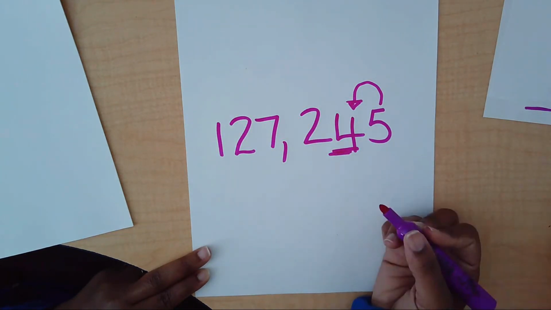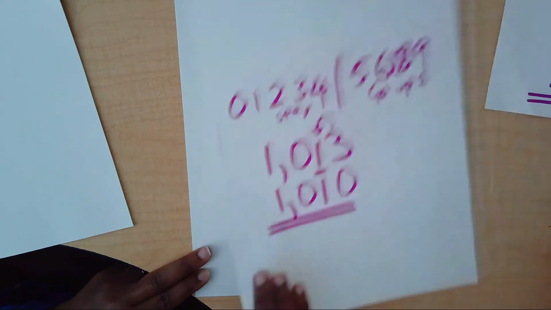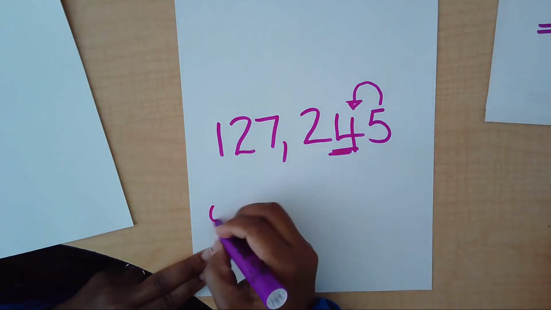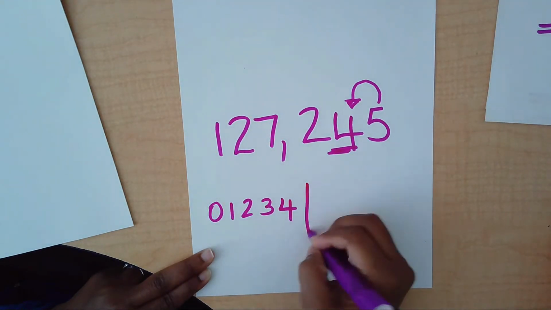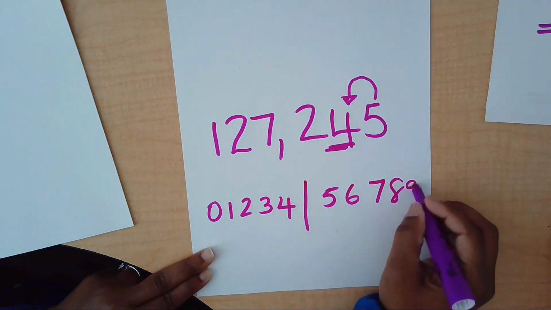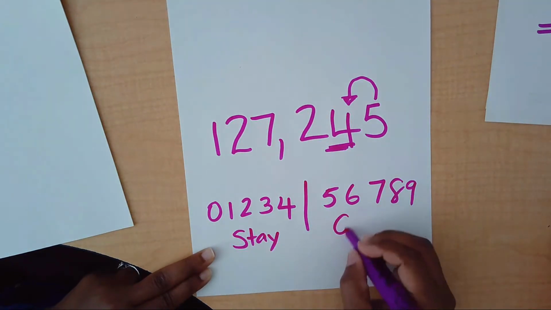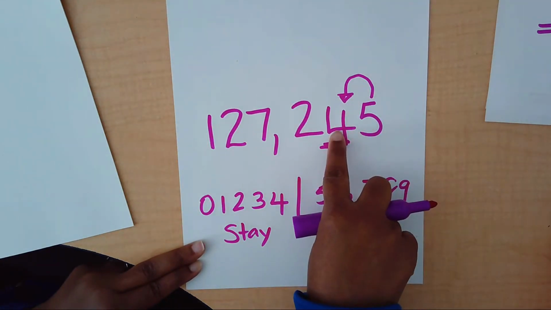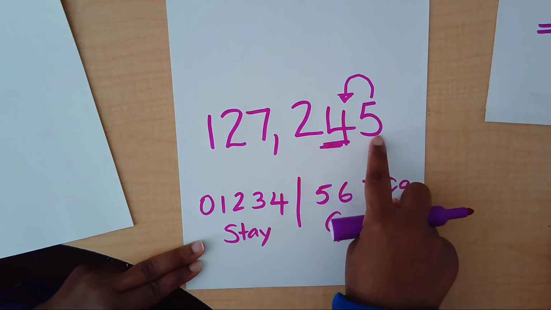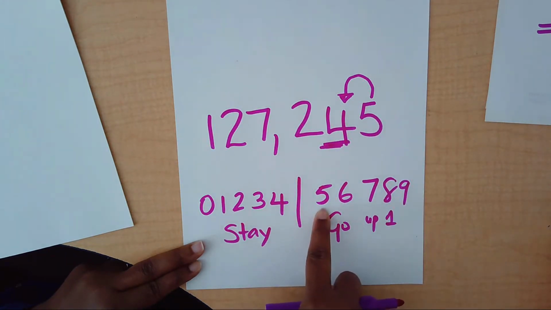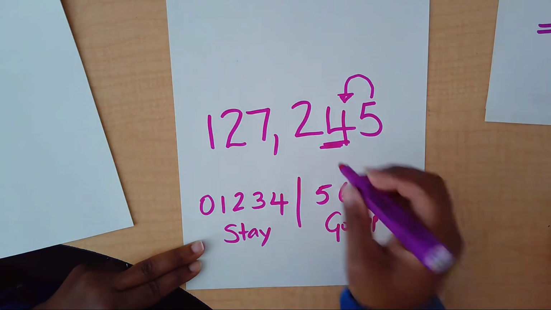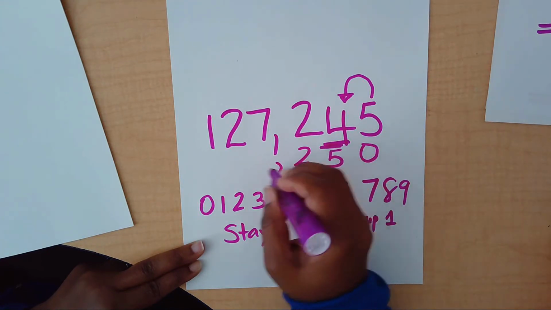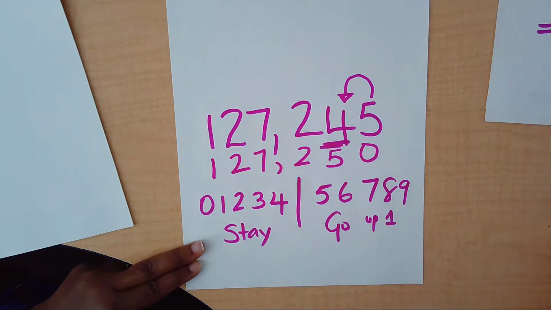What do I do? Oh, I need my should I stay, should I go right here. But you know what? Let's not confuse ourselves. Let's draw it again. It doesn't take long. Stay, go, up 1. So 5 is going to tell 4 what to do. Where is 5? 5 is right here. 5 is going to tell 4, you need to go up 1. 4 becomes a 5. This 5 becomes a 0. I bring everything down. So now we have